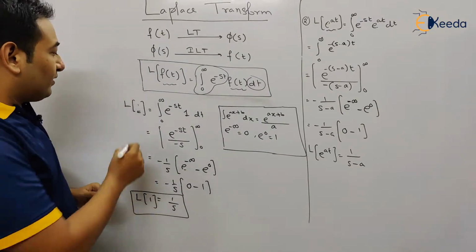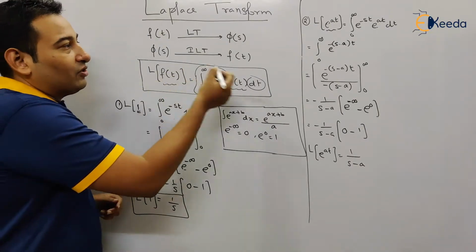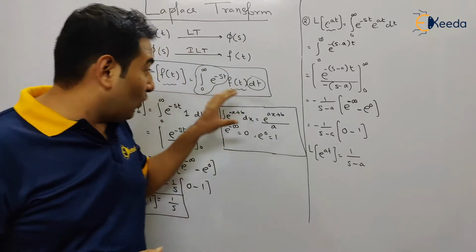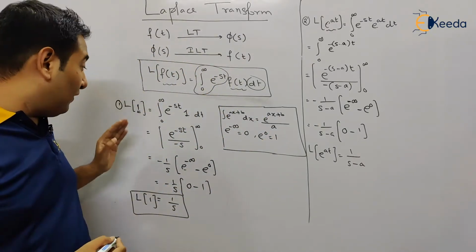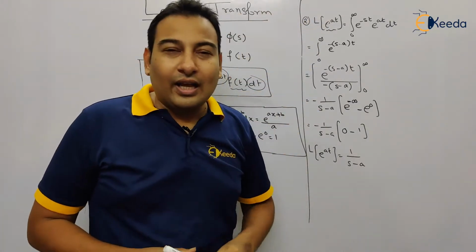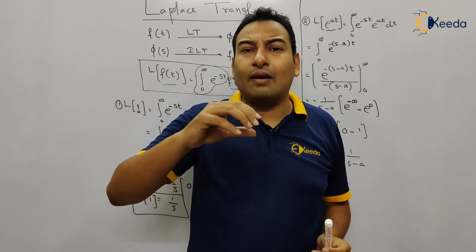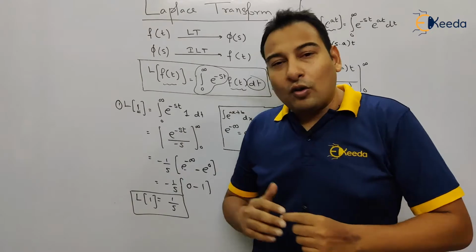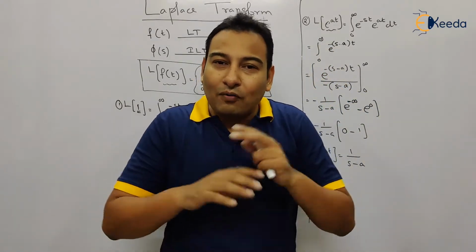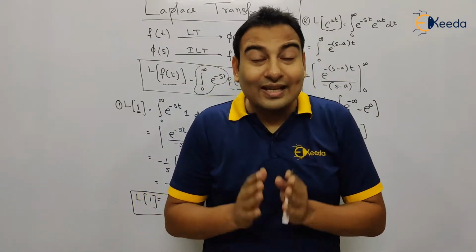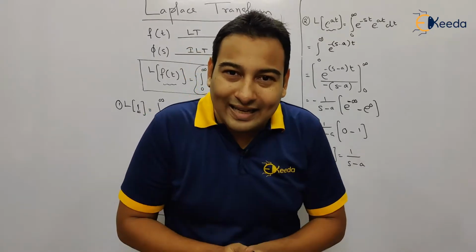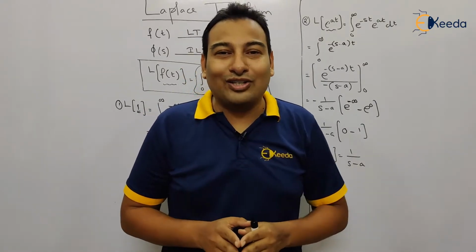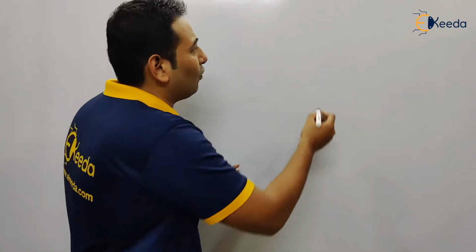So this is the Laplace of 1 and the Laplace of e raised to at. Through this formula, we found out Laplace of two different functions, 1 and e raised to at. Now I hope it is clear how to find the Laplace transform of different functions. Through this formula, you can find the Laplace transform of n number of terms. So what I'm going to do is write down directly the formulas that we're going to use in this particular chapter. So let's see the formulas.